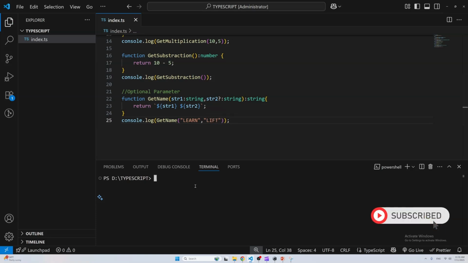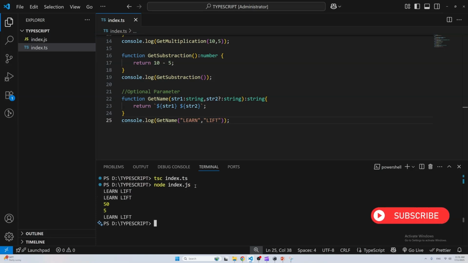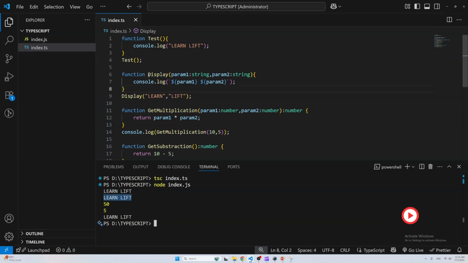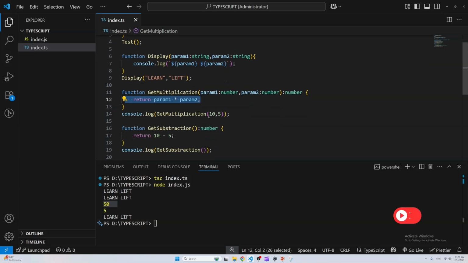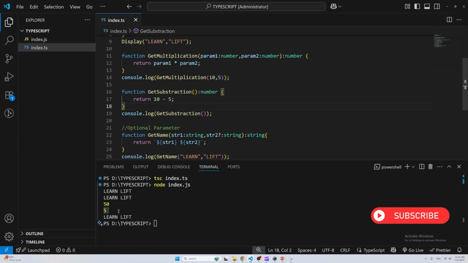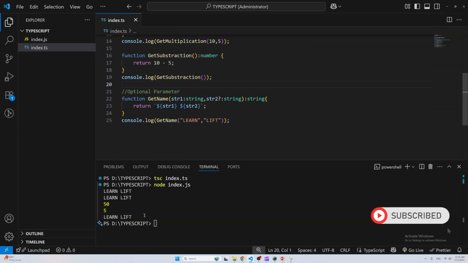Let's transpile this file into a JS file and let's run the JS file. As you can see, the first print is nothing but this test function log print, and then the second print is nothing but the display function's log print, and the third log is nothing but this multiplication we have called, 10 into 5, and the fourth log is nothing but the subtraction of it, 10 minus 5 is nothing but 5, and the last one is actually